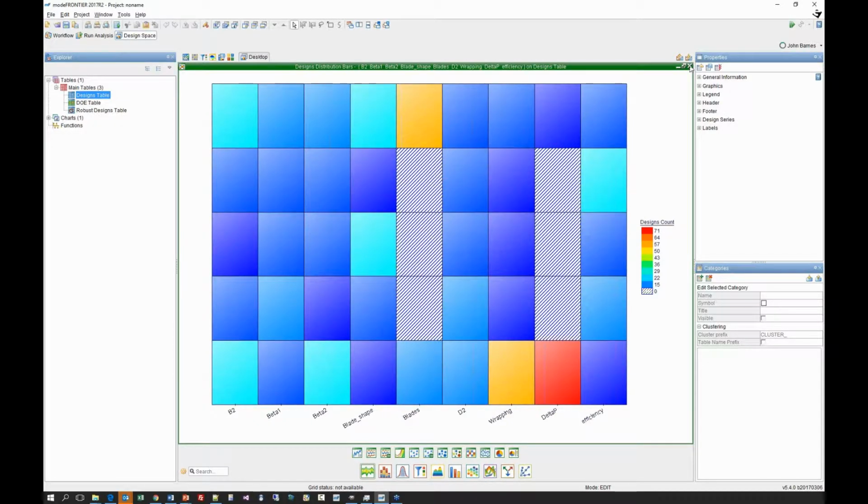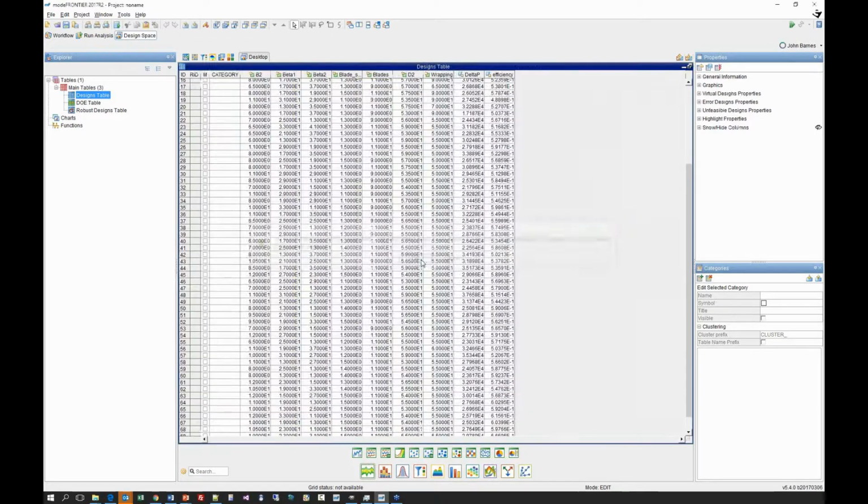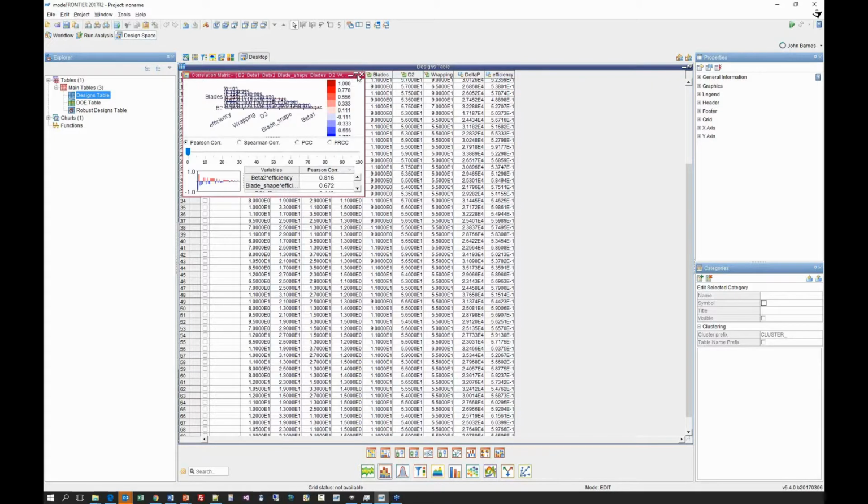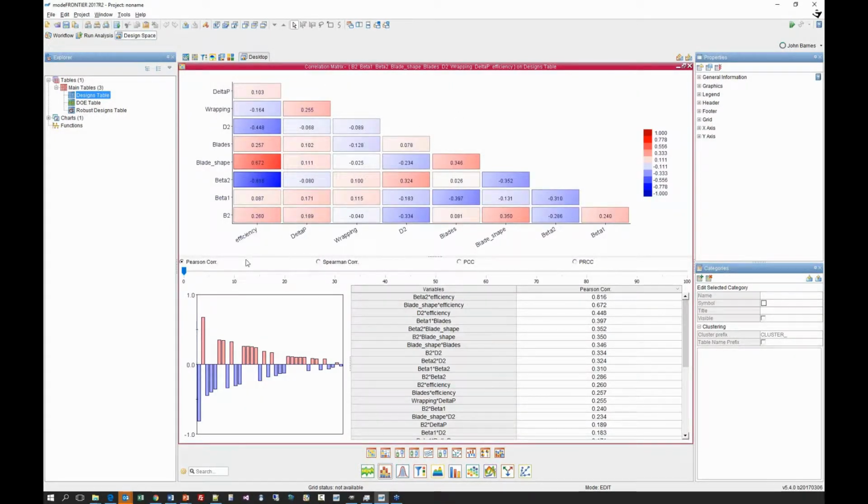This is important because when we start doing some other statistical tests later on, we may need to have this quality of data. Now, another way of looking at that data is to look at this correlation matrix. Last time we looked at some of the statistical tools, especially using this statistical tool at the top, which doesn't require such well-distributed data.